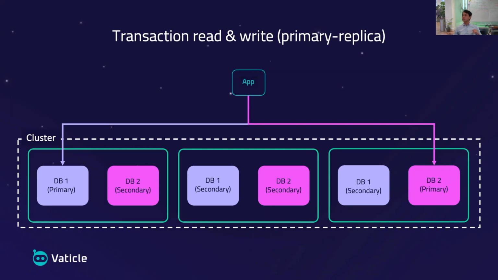In some other database systems, typically you designate one server to act as the primary replica for all databases. So on those kinds of systems, the operations that go to DB1 and DB2 will be received by the same server. And the drawback of that is that there is less work distribution between different databases. Whereas in our case, the split has allowed us to enjoy a more even workload across the cluster.